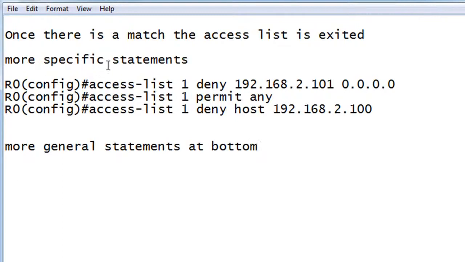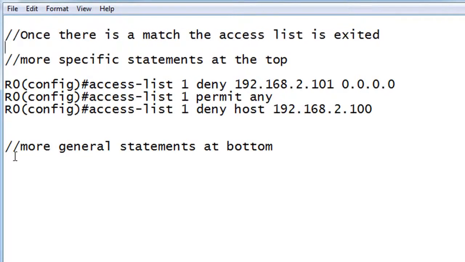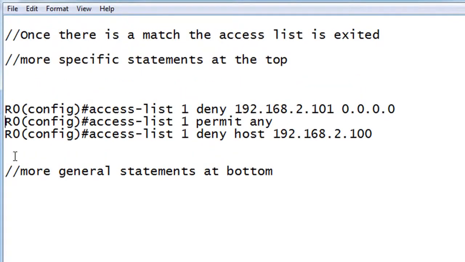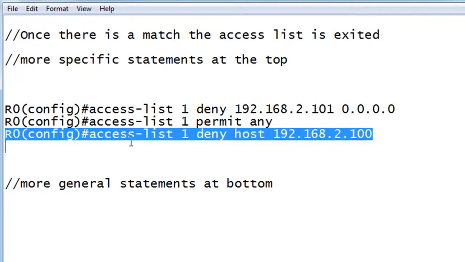Right? More specific statements at the top, more general statements at the bottom. So also, another thing that I want to point out, I'm going to comment this, and comment this, and comment this. Another thing that I want to point out is that in an access list, at the end of the access list,